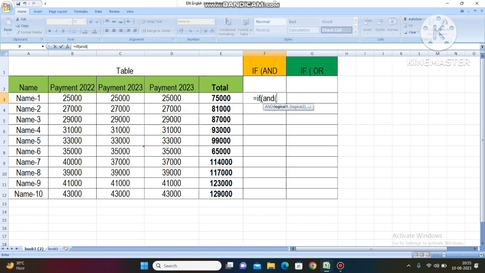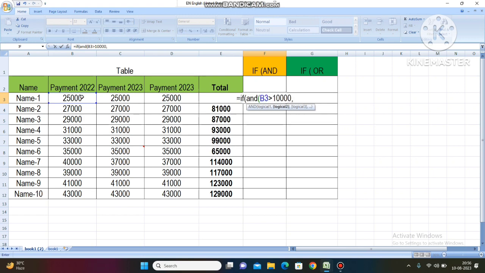So if you want to give any logical condition, you may give them one by one. So I will give here one logical condition: if this is greater than 10,000,